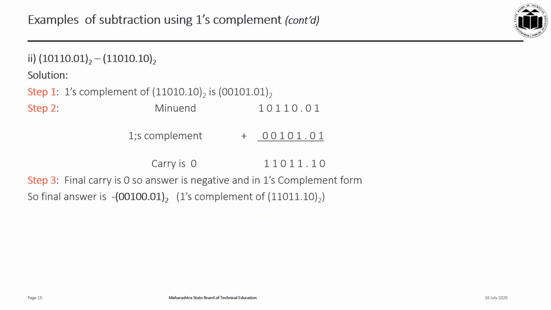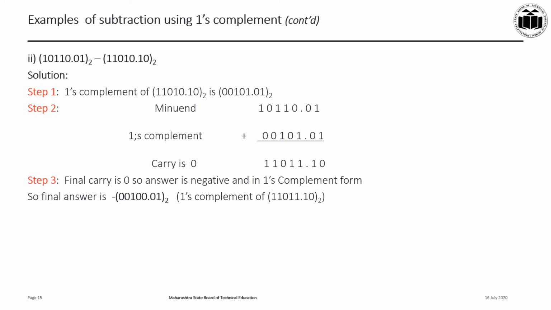Let us take one more example of a larger number being subtracted from a smaller number: 10110.01 minus 11010.10. Now here, as you can see, the number of bits before the binary point and after the binary point for both the minuend and the subtrahend are the same. So we start with step 1, where we take the 1's complement of the subtrahend. It comes to